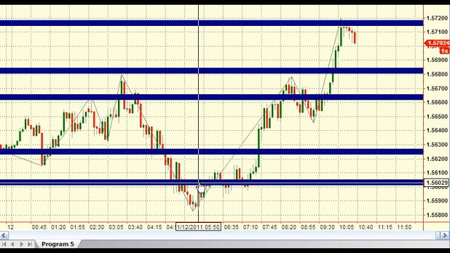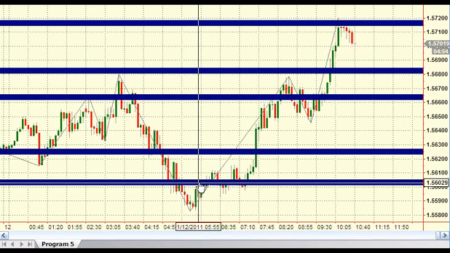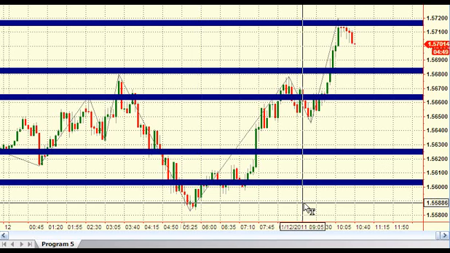Today's program 5 is designed to try and anticipate potential levels of support and resistance, and you'll see here I've got it applied to a 5-minute pound-dollar chart. The way it works is it calculates zigzags, and you can define the retracement percentage that defines how the zigzags are formed. Essentially, every time a new zig or zag is confirmed, the program takes that level